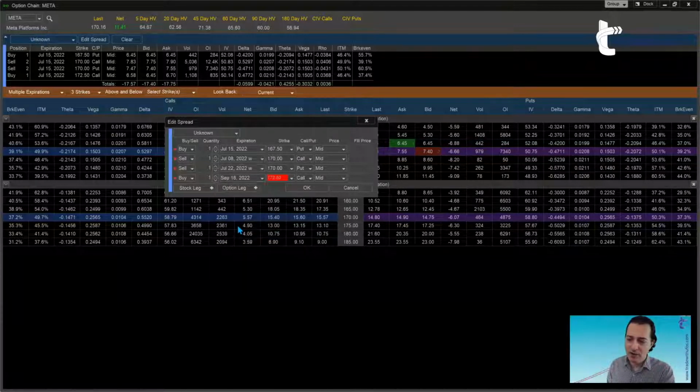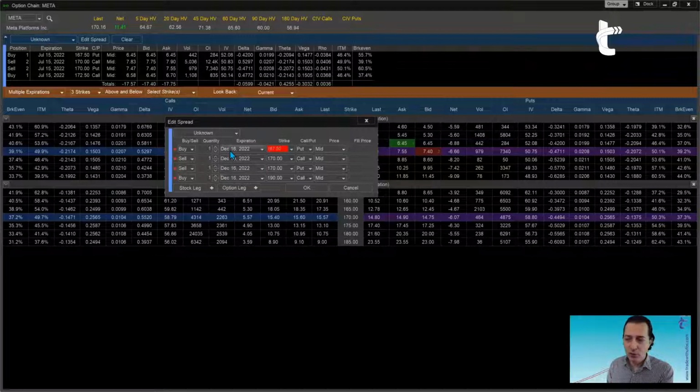So let me change it so we don't have a red alert. Or you know what, let me change the strike so we don't have that problem. But anyway, my point looking at expirations is that you could have whatever expirations you want. And to do that, you would act on the legs which are any of them but the one on the top. Because look at what happens if I change the expiration date on the one on top. Well, if I do December, for example, notice how now all of them are December.